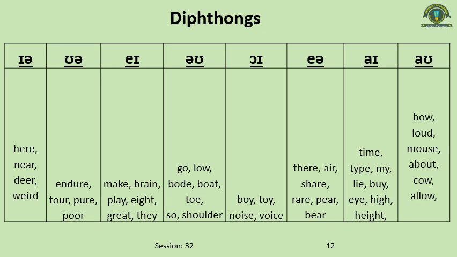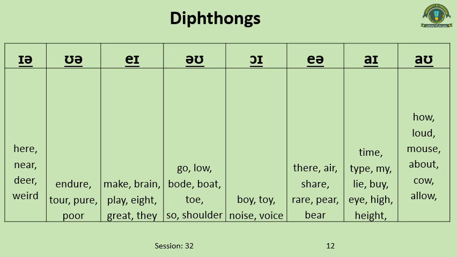The key words are here, near, dear, weird. Now it's very interesting. In here, R is dropped. In near, R is dropped. In dear, R is dropped. In weird, again R is dropped. So why is R dropped? I told you in British English, if an R sound is followed by a consonant sound, it is dropped, and you can say after R there is a consonant sound, D. So the sound of the diphthong is ear: here, near, dear, weird.